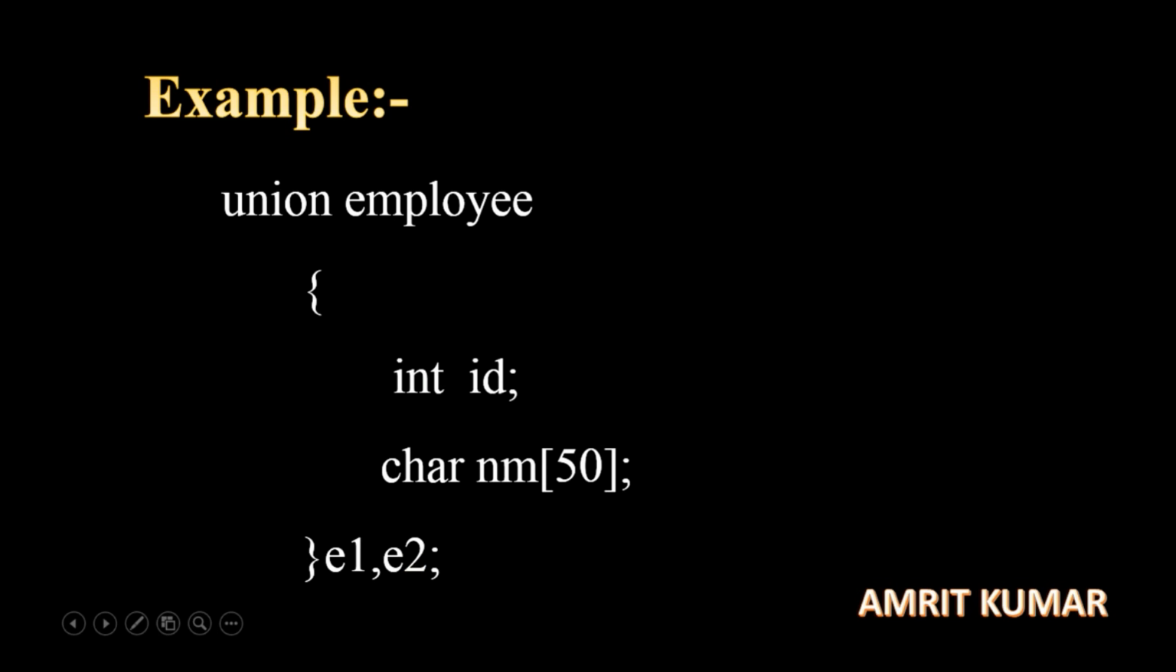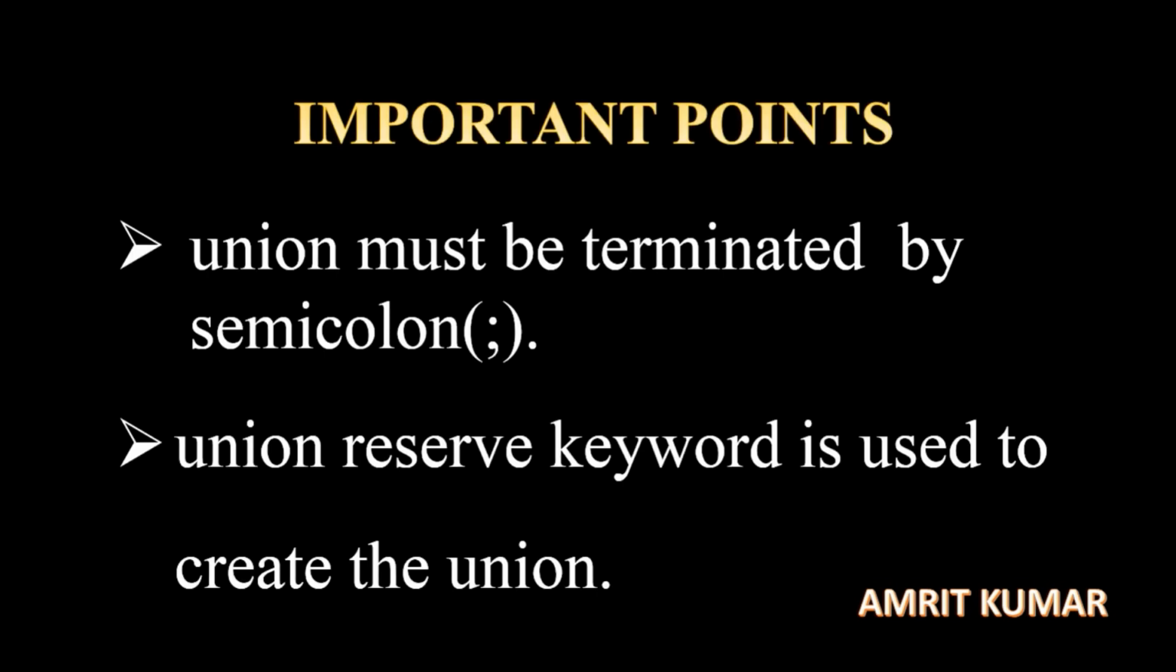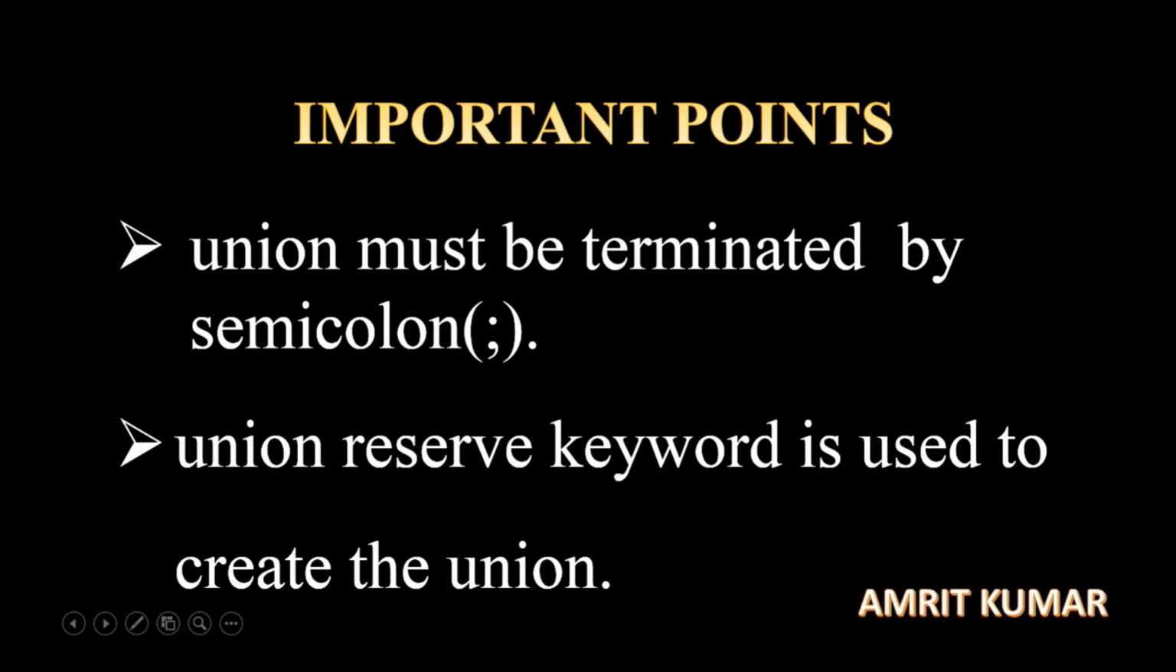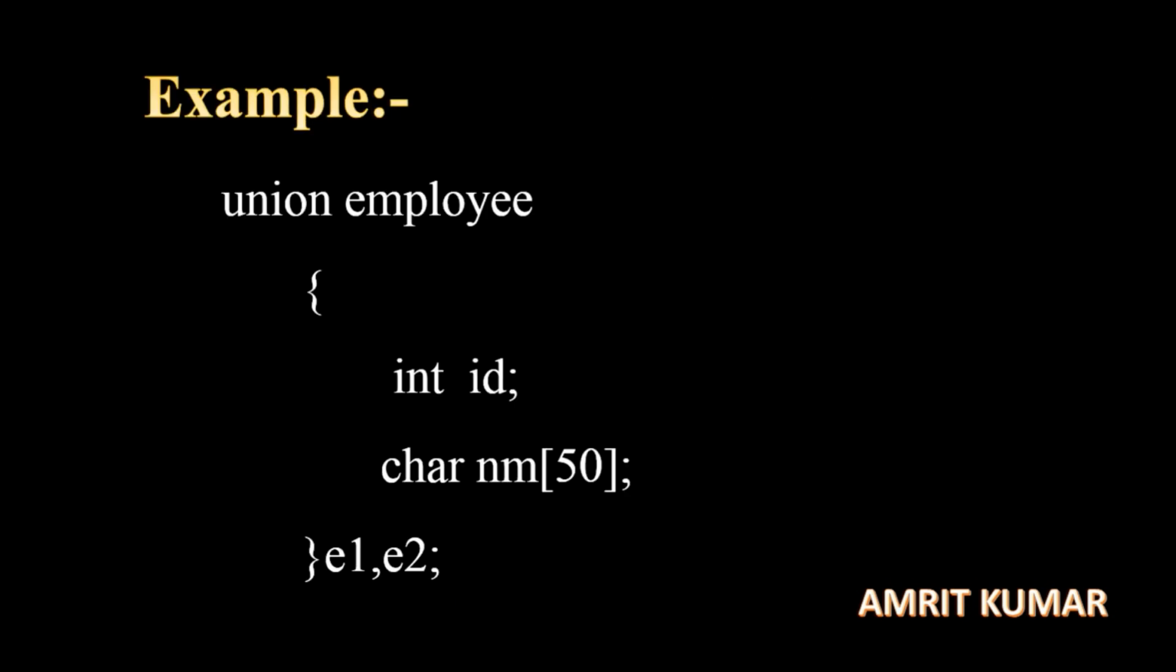Okay, so now an important point. We can say that the union must be terminated by a semicolon. This is a very important point. You can see here that this must be terminated by a semicolon, and the union reserved keyword is used to create the union. So this was